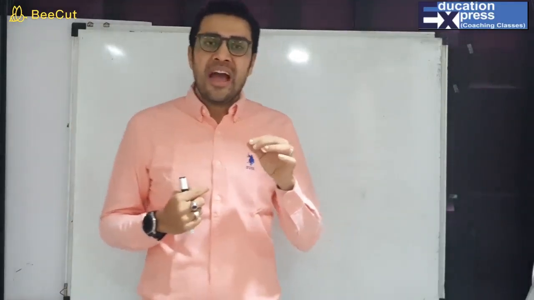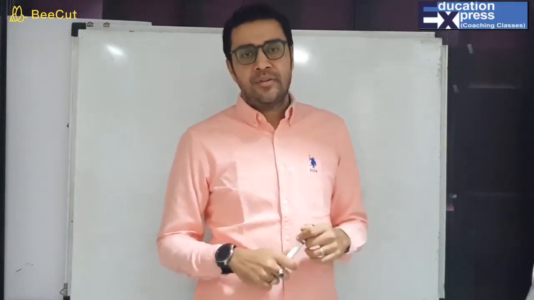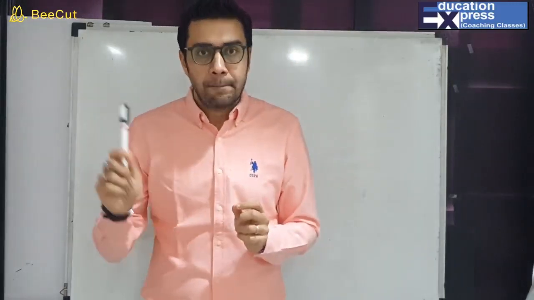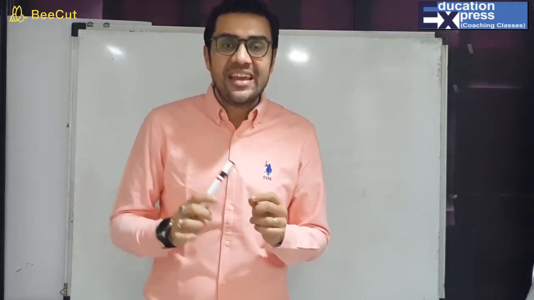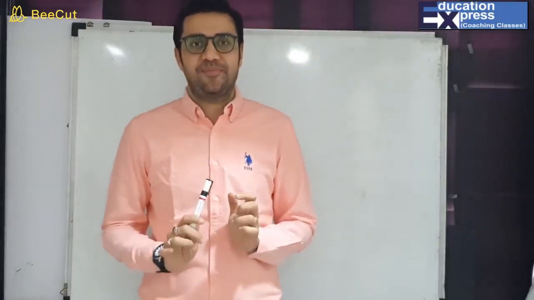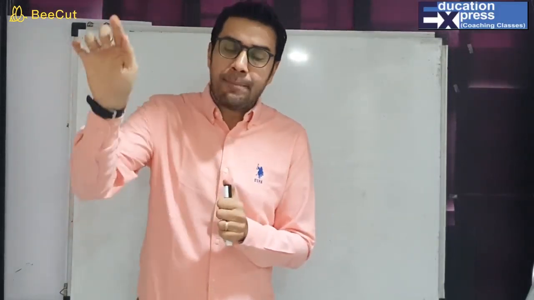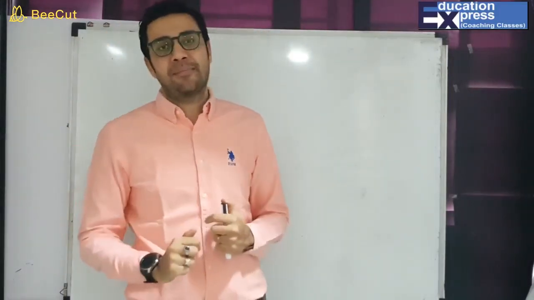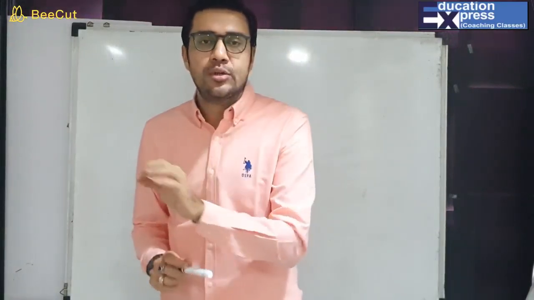Example, I want to sell books and in return I want a pen. So I have to find such a person who wants a book and who wants to sell a pen. Then only he and I can enter into a transaction. So what I want to sell, the other party wants to buy, and what that party wants to sell, I have to buy the same thing. Then only our barter system can happen, and that is basically called commodity to commodity exchange. It is also called the C2C economy.